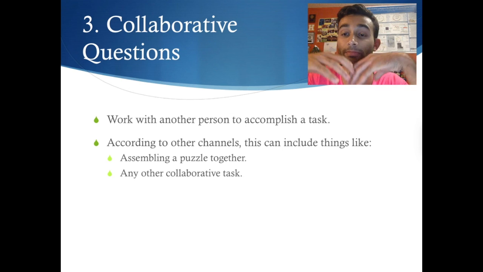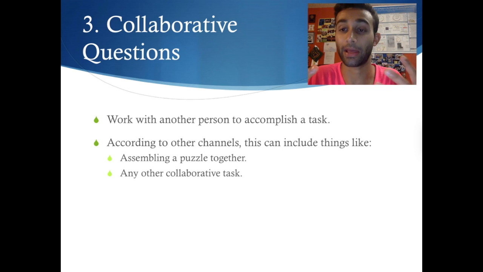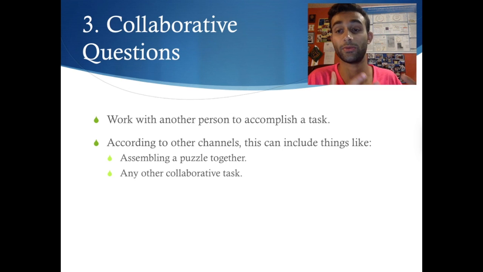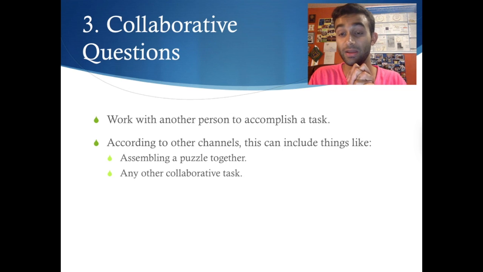Some of the collaborative questions might have a puzzle in front of you, and you have to tell another applicant how to assemble that puzzle, assuming they don't know what you're looking at. So you have to communicate what the puzzle looks like, and tell the applicant to make the puzzle as you see it in front of you. This kind of stuff can be really difficult because you'll be surprised at how hard it is to describe something when someone else has no idea.